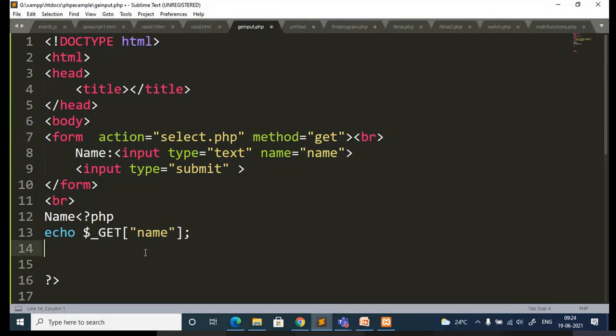That's all I want to print. We'll add complexity to this later.